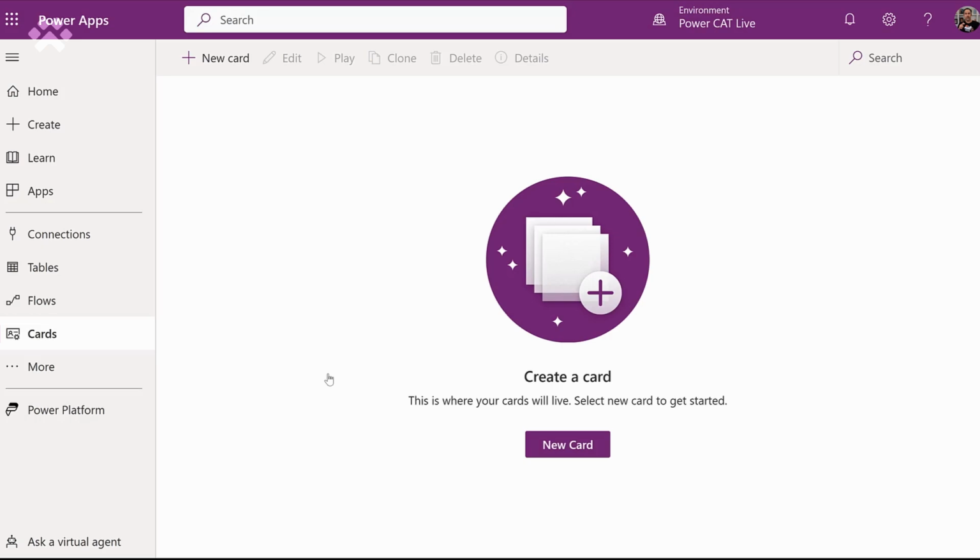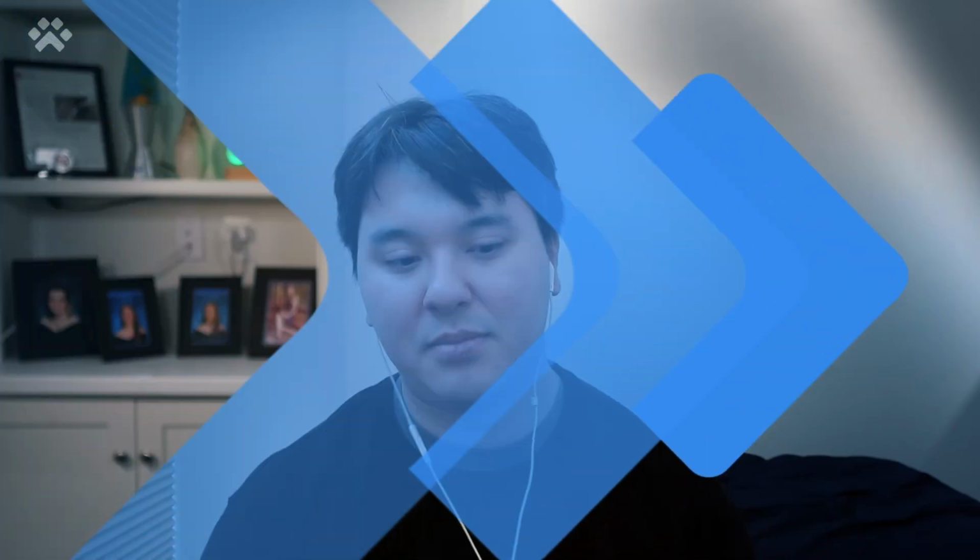Super useful. And if people want to go try these out, what do they need to know? Where do they go? If you go to any environment with Dataverse and look for the cards tab, you might have to pin it from the new home screen, but it's there and you can build them and try them out and explore them. There's a lot here, and I'm glad this is finally getting so much easier to build